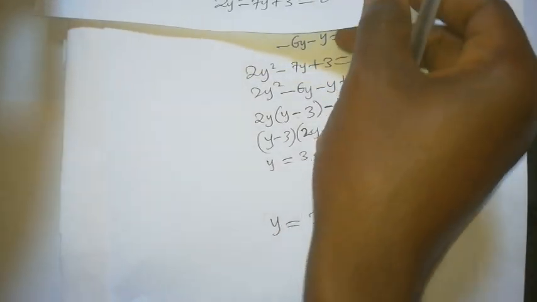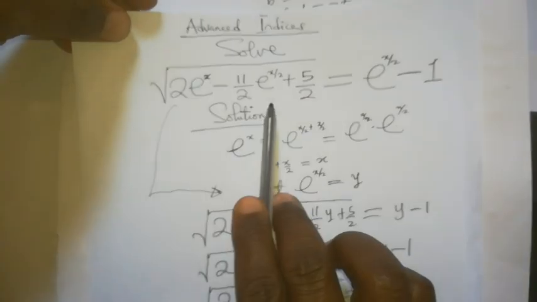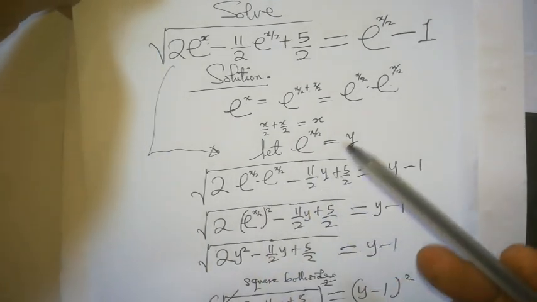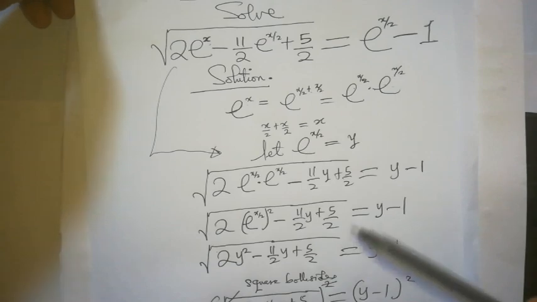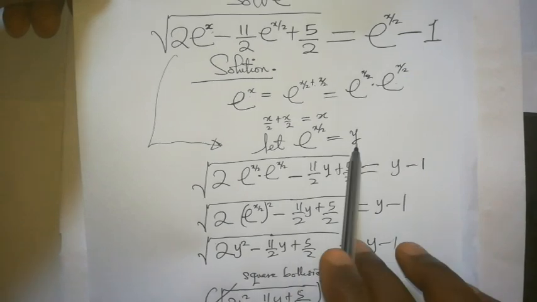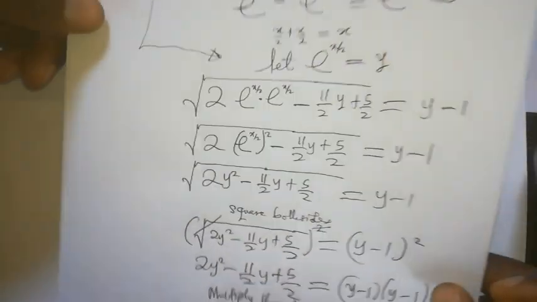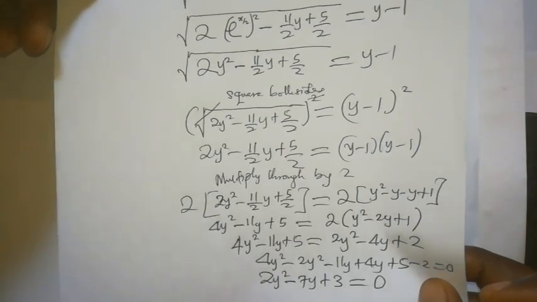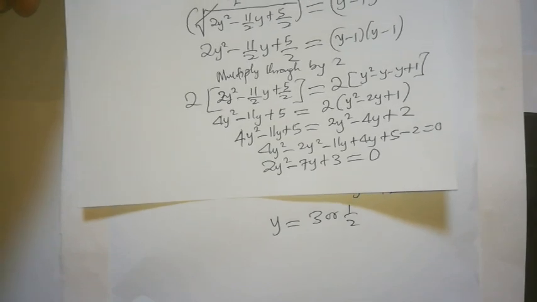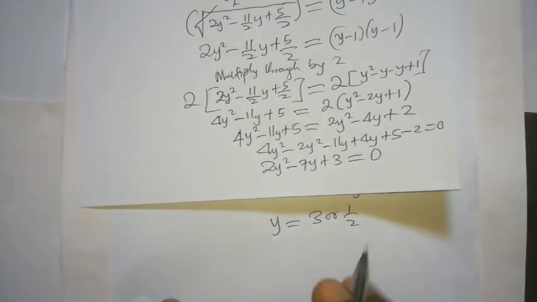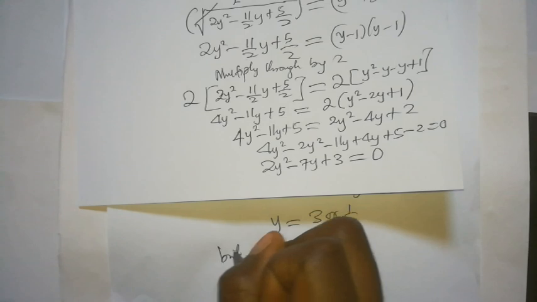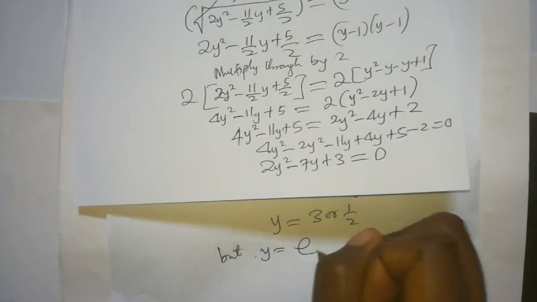But if you recall, our equation is in terms of x, not in terms of y. We just introduced y in order to suit our way of solving and to simplify. So we said let y be equals to e to the power of x over 2. You get it? So therefore, since y is equals to e to the power of x over 2,